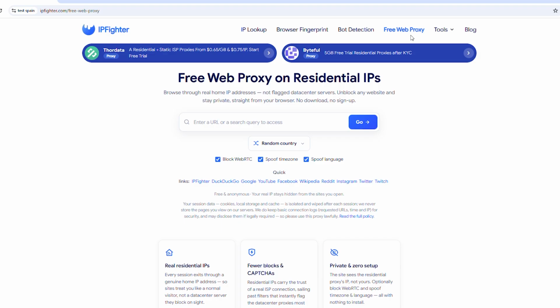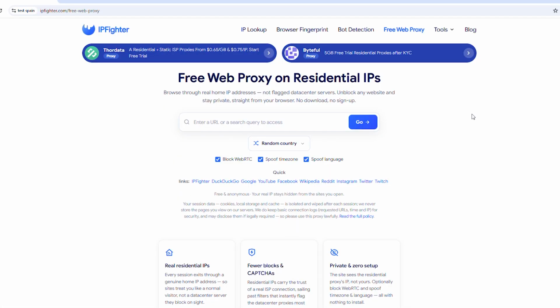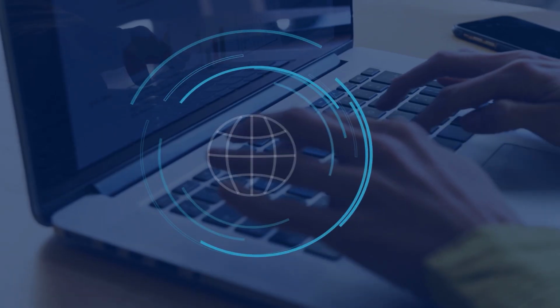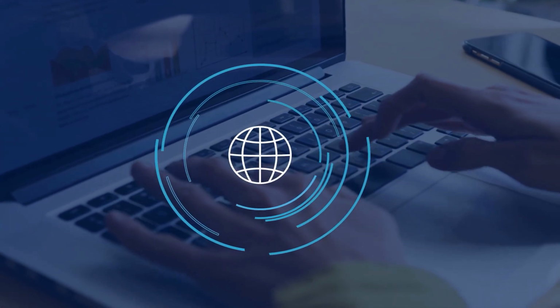Finally, most special of all is the free Web Proxy. With this tool, you can browse the web anonymously using IPFighter's built-in proxies without installing any additional software. What makes IPFighter's free web proxy stand out from other services is that it uses residential IPs instead of data center IPs, which are commonly used by most other free web proxy services. This means websites are more likely to recognize your connection as coming from a real user, helping reduce CAPTCHA challenges